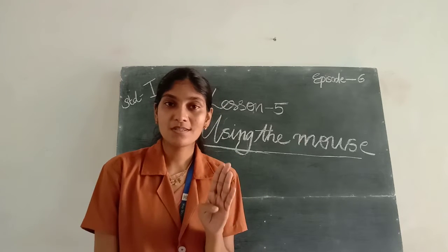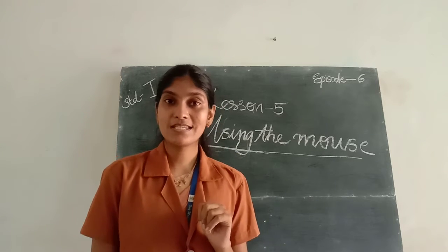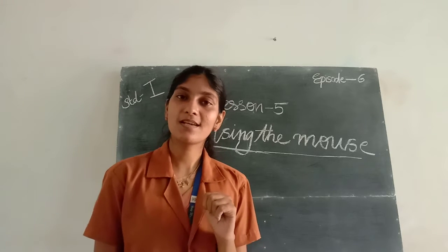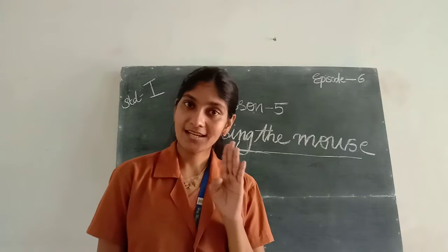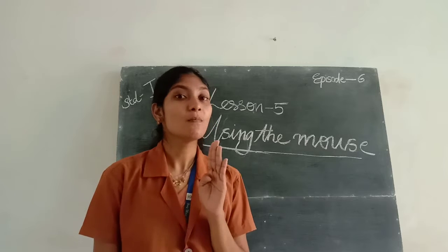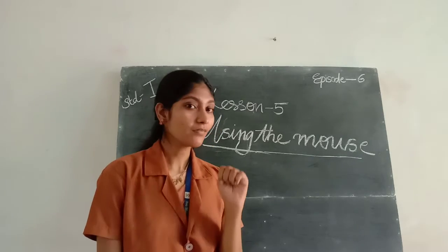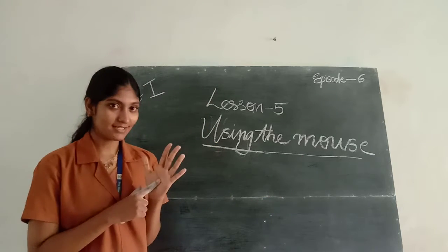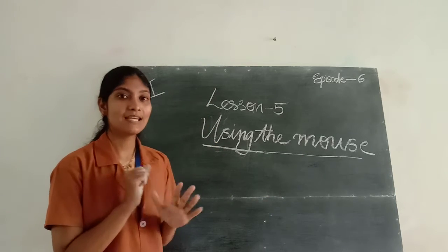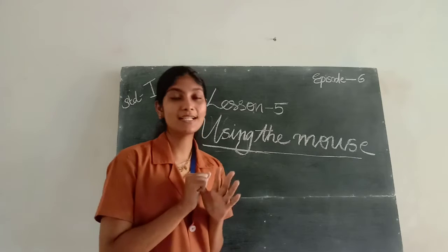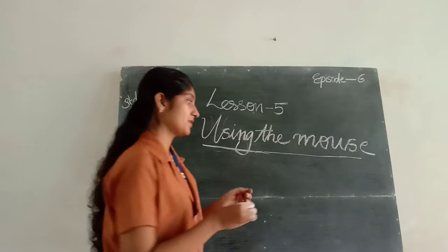Mouse is a pointing device. Mouse is a what? Pointing device. Pointing means what? Using our fingers, we can point an object. Using our finger, we can point an object. For example,